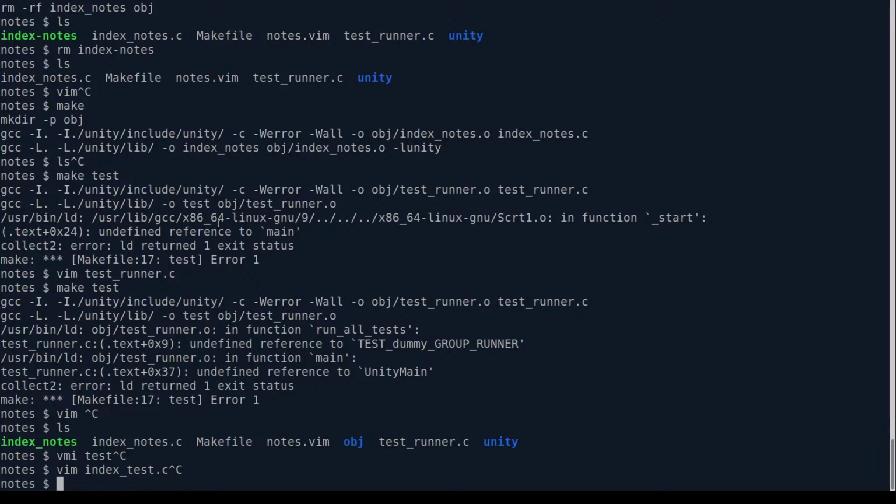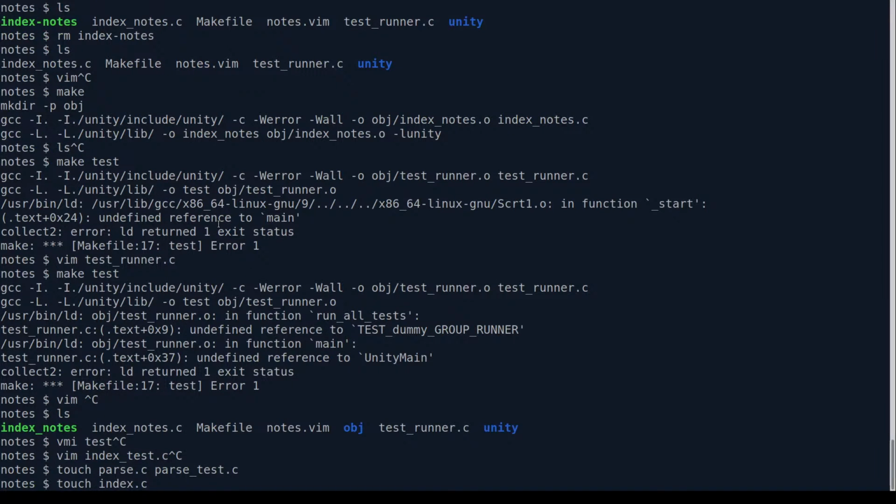Right, so maybe I'll make a parse file along with the test and index file along with a test. Okay, so index notes, index